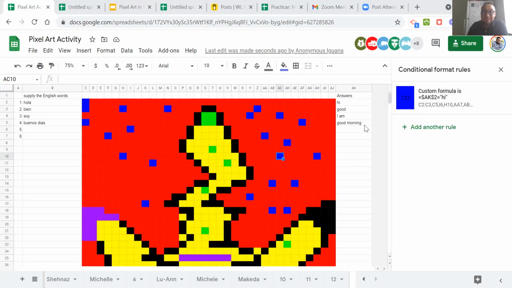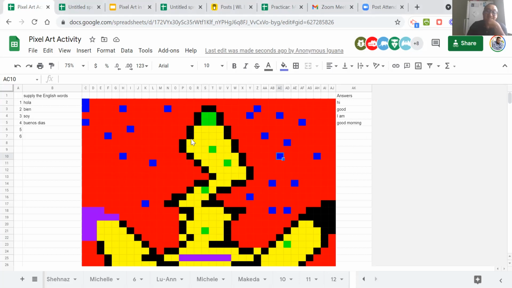Perfect. That's one way of doing this. Let's say you've done this already, and you want to use these same pictures with another activity. So you just replace the questions right here, because the question is not tied to any formula. So you change the questions. But here, you can highlight everything,